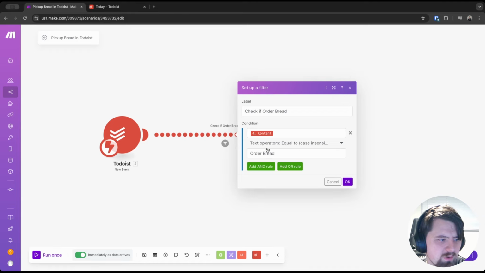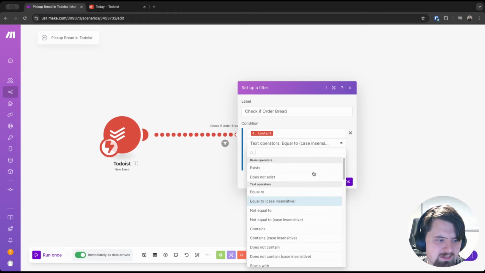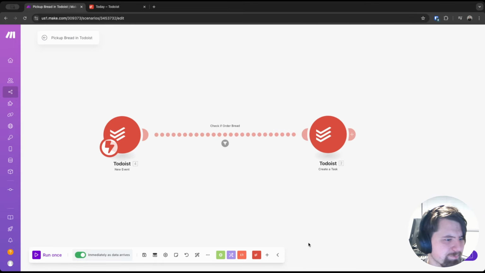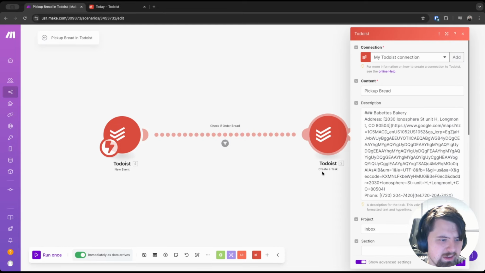But what it's going to do is check if the task name, or in Todoist lingo, they call it content in this situation, is order bread. And it's set to be case insensitive. So that way, if it's all lowercase or a mix of upper and lowercase, it will still filter appropriately. All right. And then once that is done, we have a create task